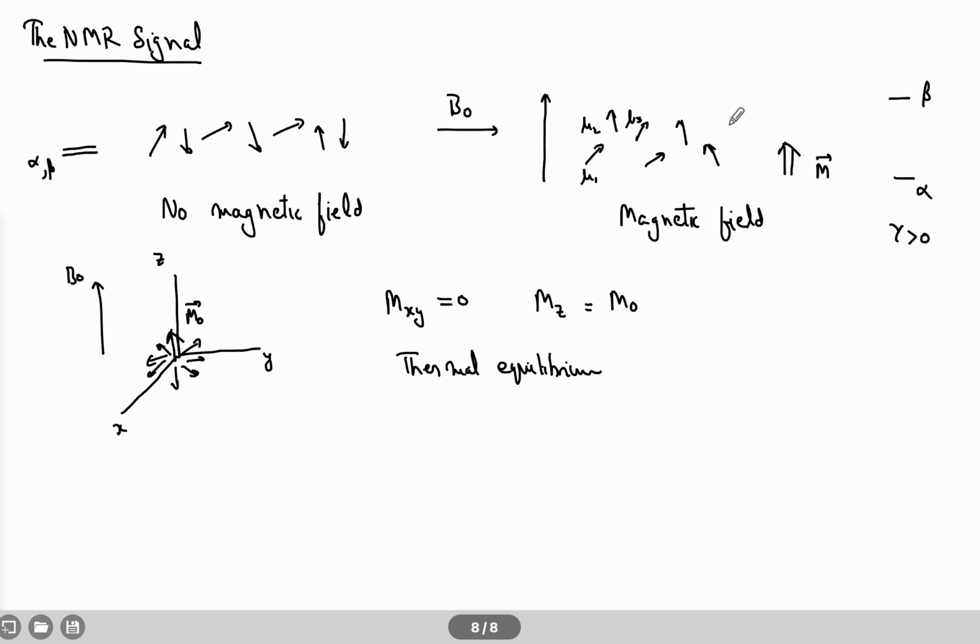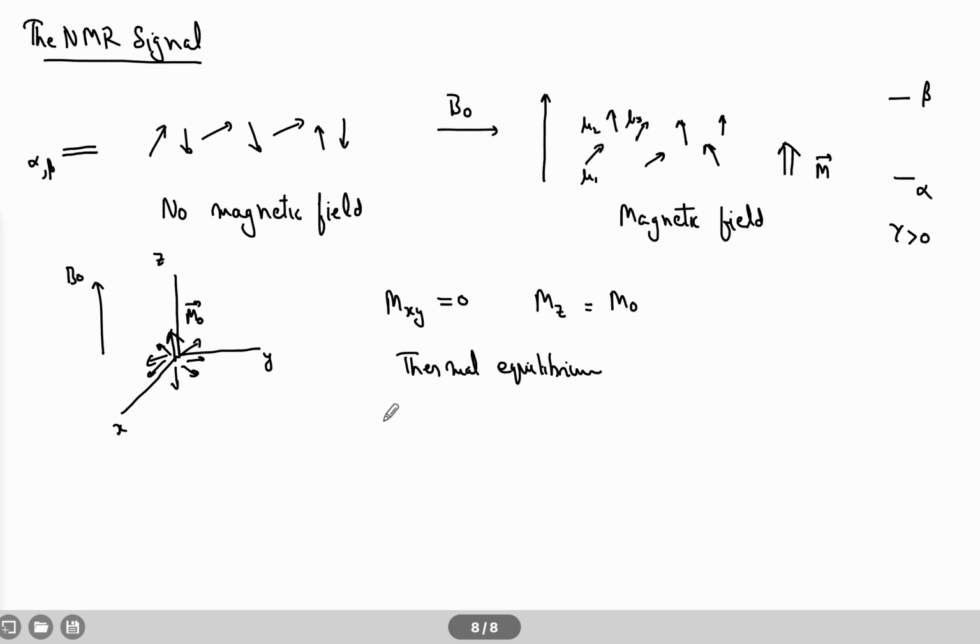Similar to any mu, let's say a single mu is present exactly parallel along the z-axis. It can happen because all these mu's are present in random orientations. If a mu is present exactly along the z-axis, along the field, it will not precess, right? For precession, it has to have some angle with B0. We will see why. Similar to a single spin which is exactly parallel, M0 is also parallel, and thus it will not precess. So let us see mathematically why.